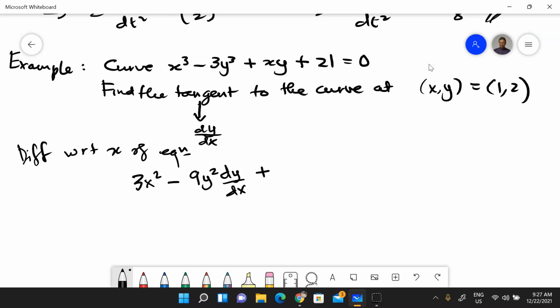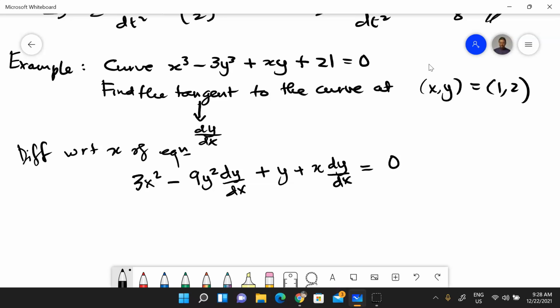Similarly here, differentiate xy, so I keep the second factor constant, then I just have y there, differentiate x with respect to x just gives you 1, and similarly for the other one, so I keep x and then differentiate y, and then this is just constant, so this gives you 0. Okay,